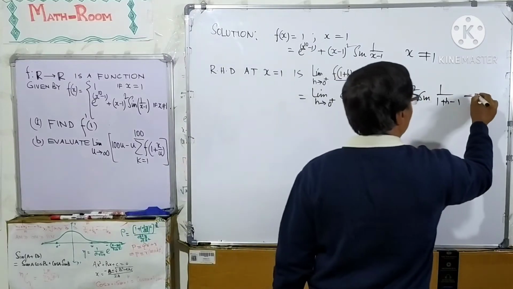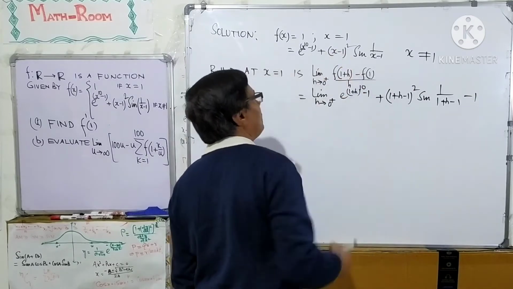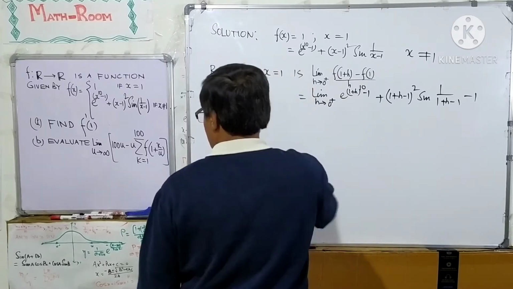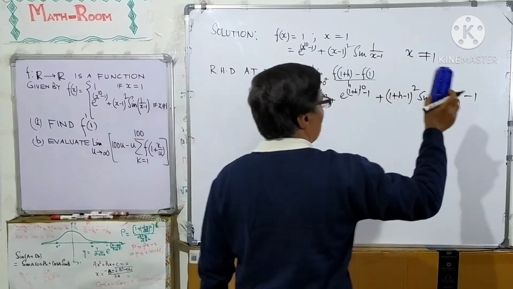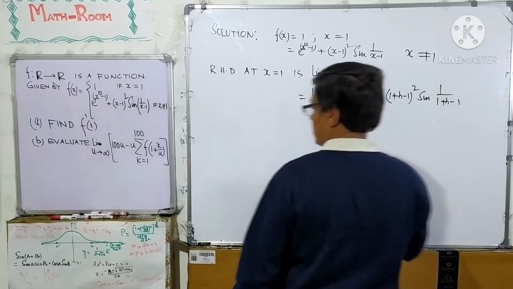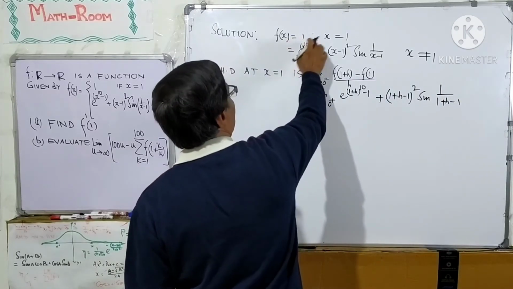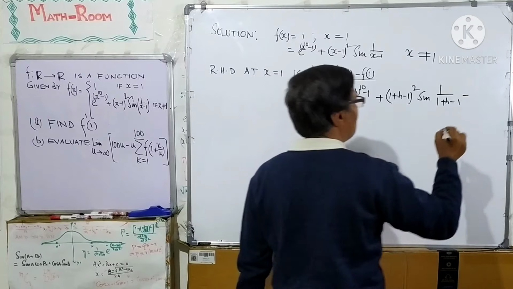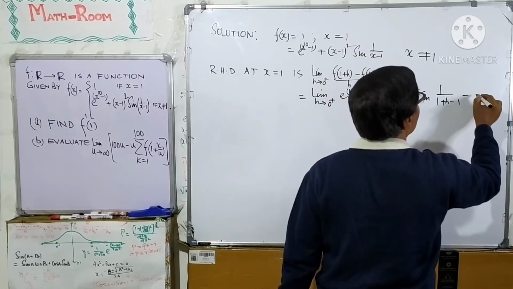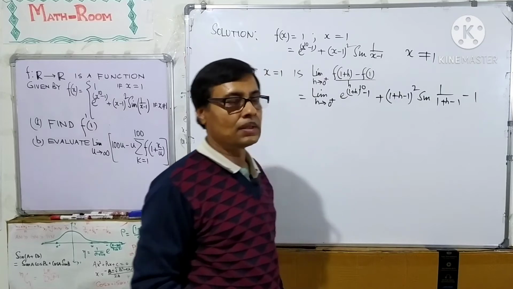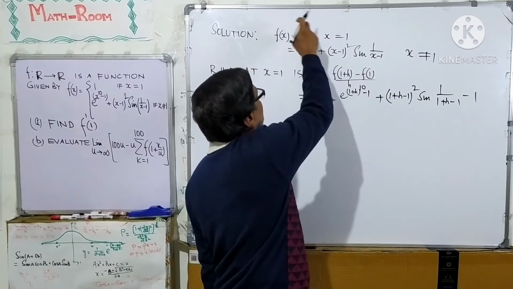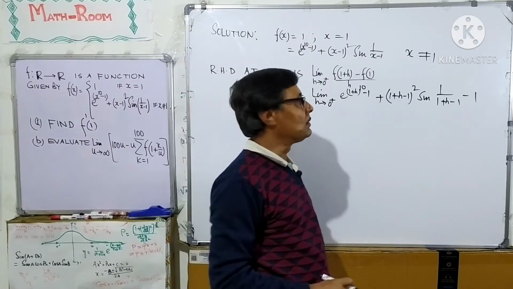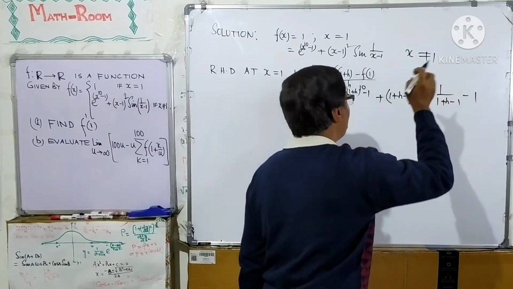That is 1, and also x = 1 is already given as f(x) = 1 at x = 1. So we can put the value of the function at x = 1, which is given as f(x) = 1 at x = 1. So f(1) is 1, the value of f(x) at x = 1 is 1, so f(1) is 1 over